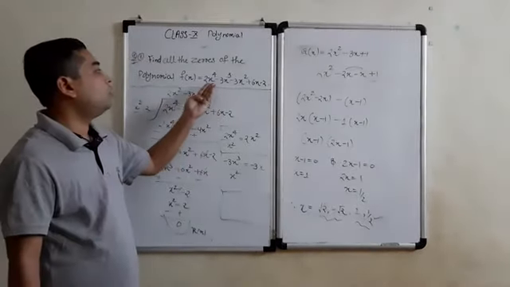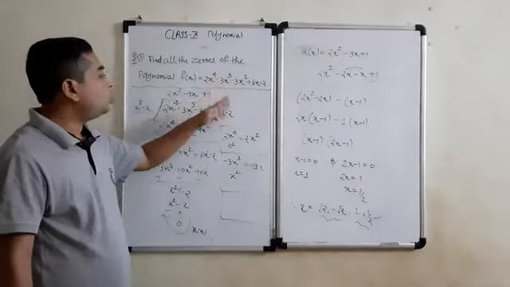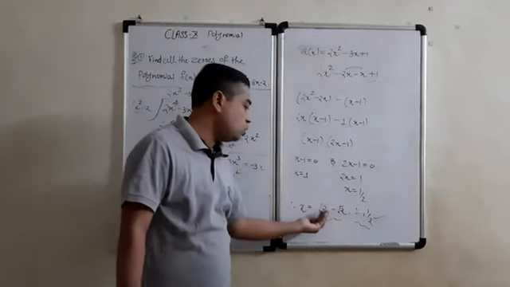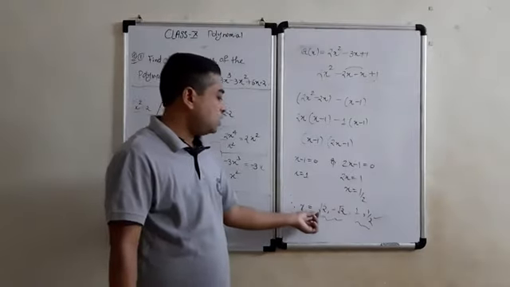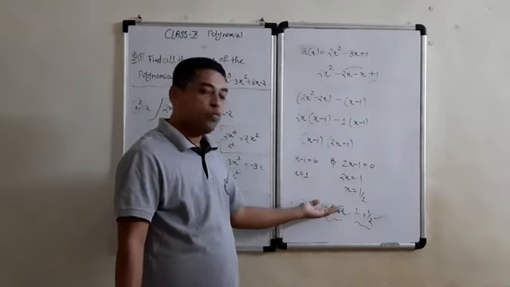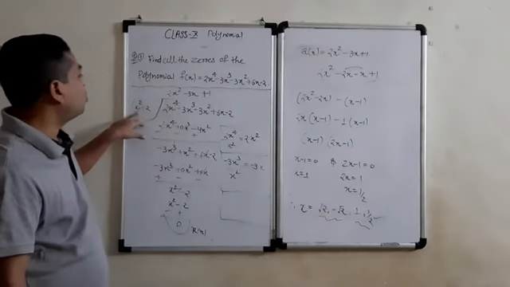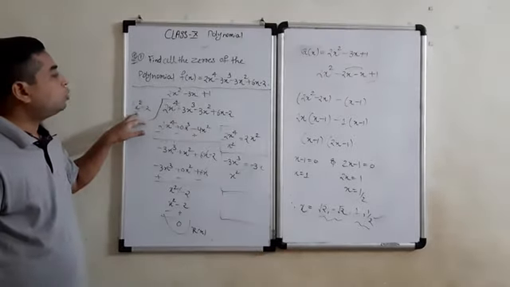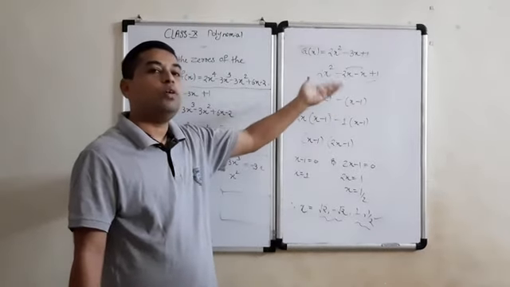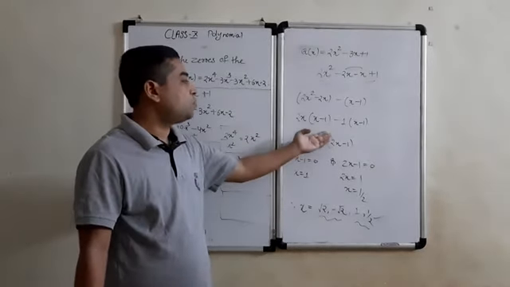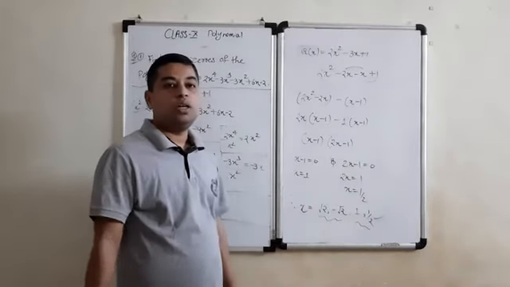So here a degree 4 polynomial is given to you, so 4 zeros are possible. Out of 4, 2 were already given to us, root 2 and minus root 2, and the remaining we obtained. What we did is we first multiplied the two factors of the given zeros, and then divided the given polynomial by the product of the given two zeros. Whatever quotient we get is the product of the remaining two zeros which we are going to obtain. So we split the middle term and get the remaining two zeros. In this way we can find the zeros.